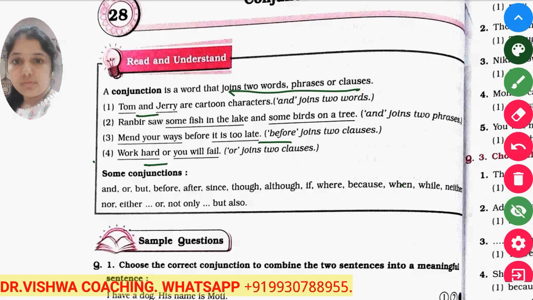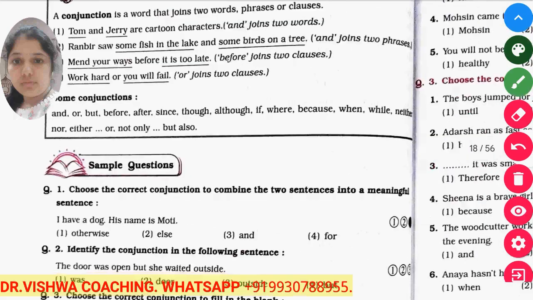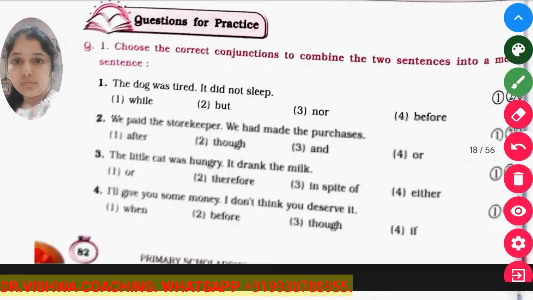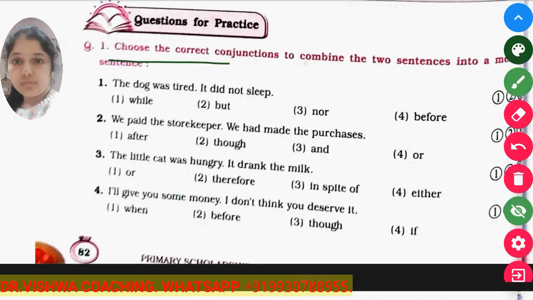So here is the list: and, but, before, after, since, through, although, if, where, because, when, while, neither, either, not only, but also. These are the words which are used to join two words or two sentences. Now we will move to the practice exercise, and in the practice exercise the first question is: choose the correct conjunction